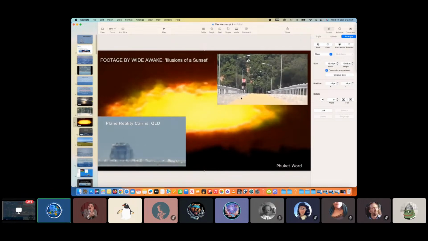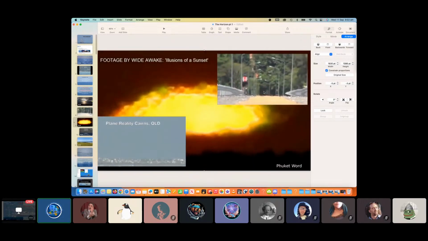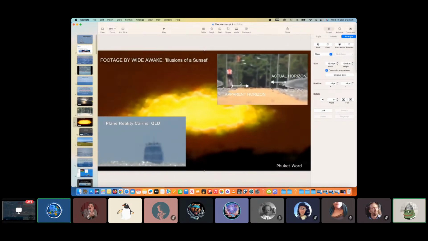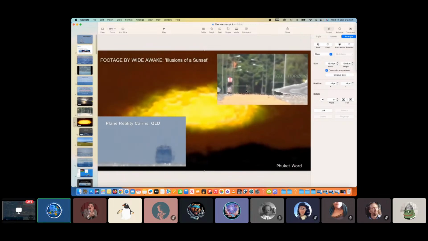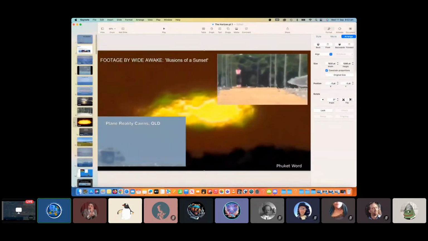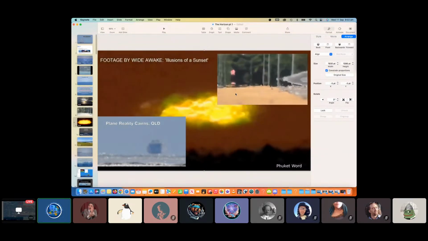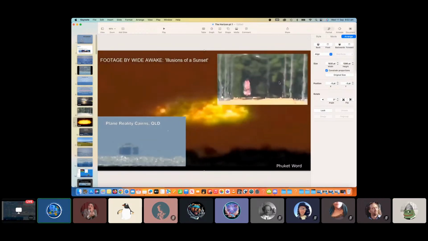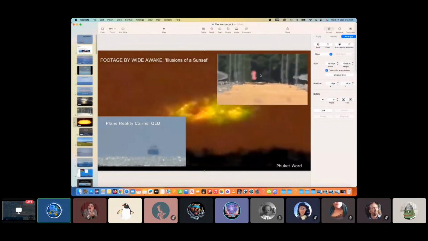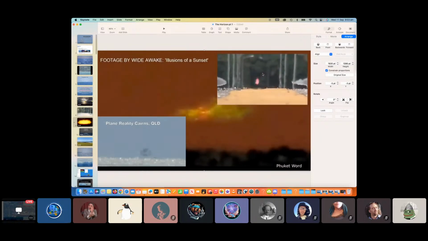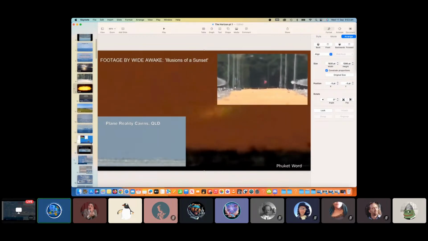Well, if we look here in this top one, even Phuket word here mentions actual horizon. See that? Apparent horizon, actual horizon. Right. See? So even Flat Earth has got this kind of wrong for a long time. Now, if you were to talk to someone like the Plain Truth Travis, I'm your Copernicus on Discord, the Ether band guy, he would not agree with that being the actual horizon there either. I think this is just something that we were still figuring out. At one stage, it was still being figured out.